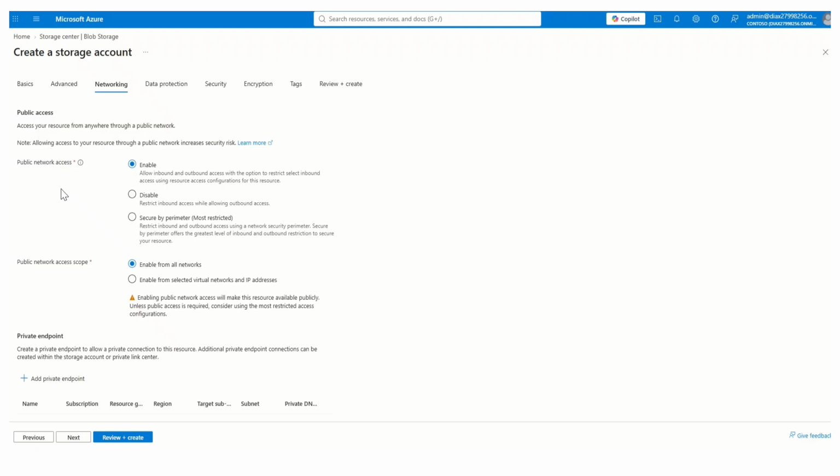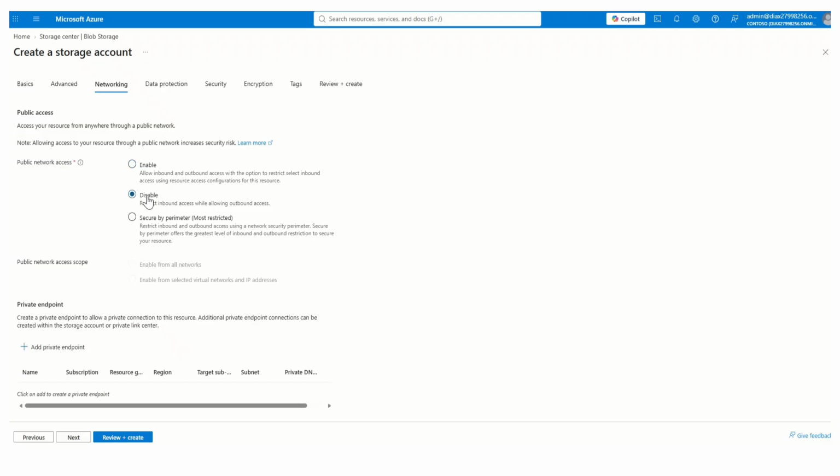settings there. But again, public network access, it says, configure what inbound access is enabled through this resource's public endpoint. So this will allow inbound and outbound access with the options to restrict, select inbound. Yes, of course, you can create a firewall and you can block IP addresses, but it doesn't matter what you do, people have access from the internet, right? So a more secure version is to disable that and have other methods of connecting, which we will